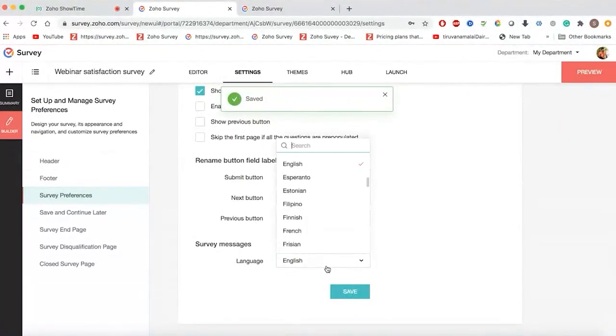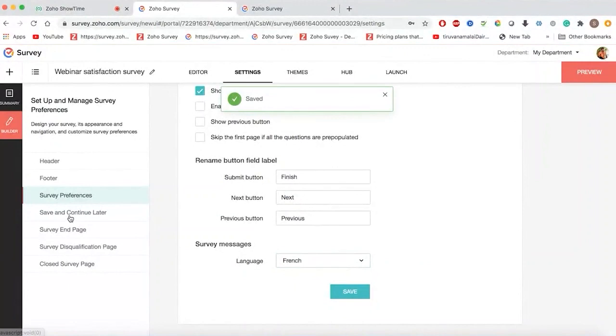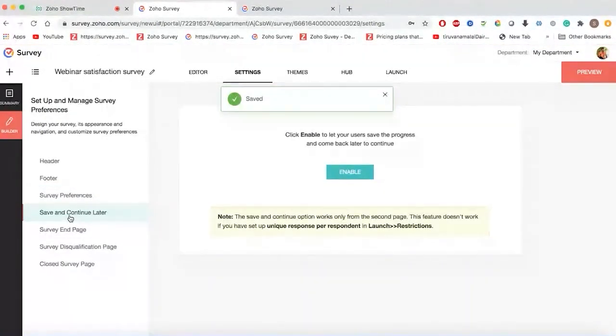The survey messages are like the mandatory error messages. You can build the surveys in your own language as well. So you can have the languages set to show the right error messages in the concerned language. So if you're going to build a survey in French, choose the survey language to be French, and the error message will also be displayed in French. All right. So click on save